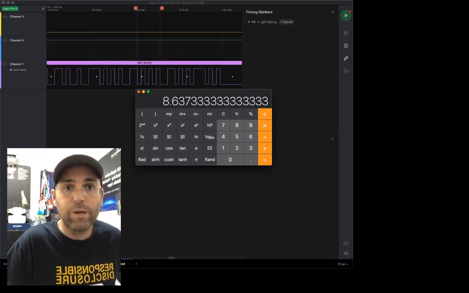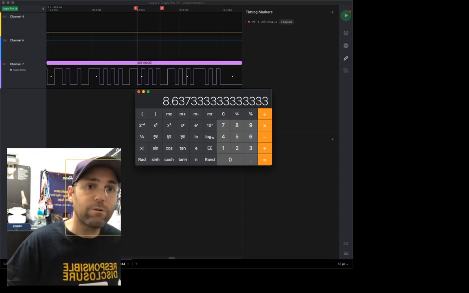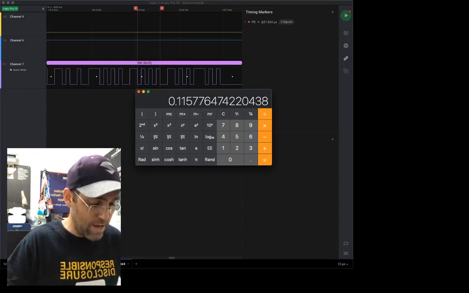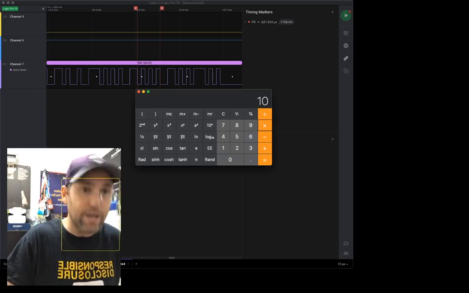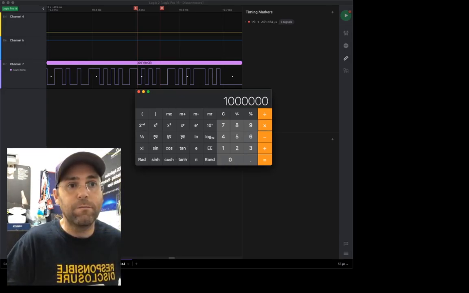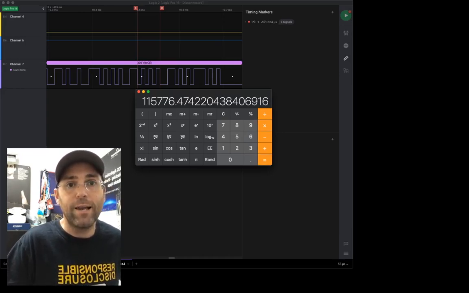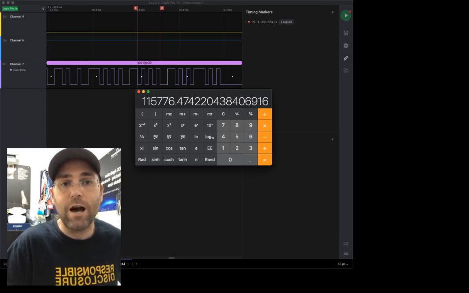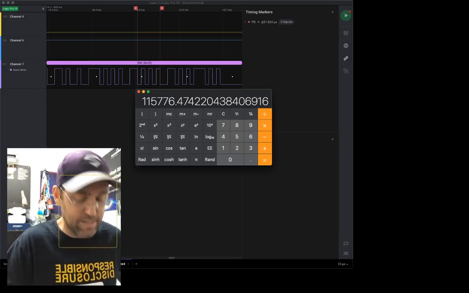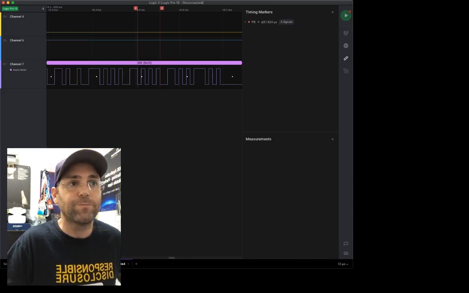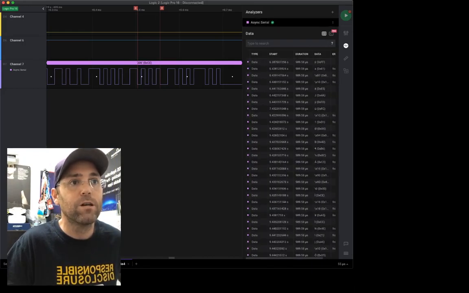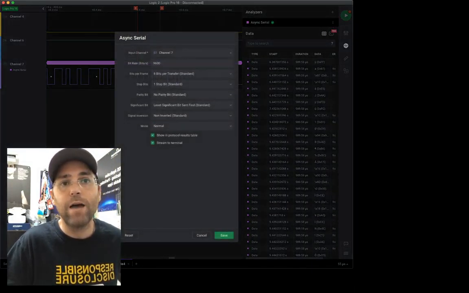microseconds, right? So we need to convert it to seconds. So again, we take the reciprocal and multiply that by 1 million. 1 million microseconds in 1 second, and we get 115,776. If we copy that value and feed it to the serial analyzer,